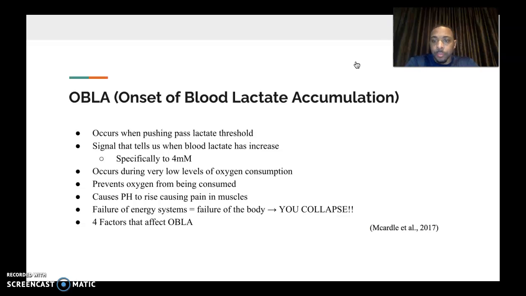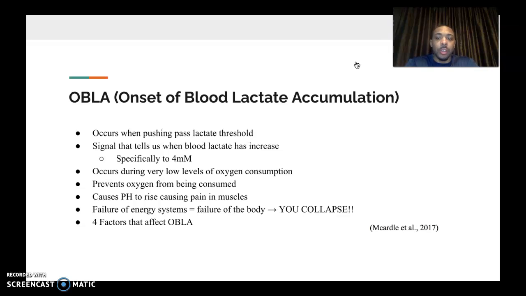al. in the text. And this also occurs when you're at very low oxygen consumption, and it kind of prevents oxygen from being consumed because you're past your lactate threshold point. So therefore, you're far beyond what your normal lactate threshold is. Usually, your lactate threshold is kind of like a warning saying you're at your peak, but when it comes to OBLA, that means you're past your peak, and this causes a pH